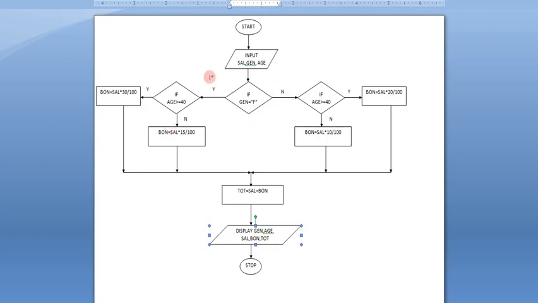I will explain this one once more. So let's check the explanation again. As the question says, we have inputted salary, gender and age. At first we check gender with female. If it is female, then yes, it is going to check age. If the age is more than 40, then the bonus given in the question, 30%, we need to calculate. Otherwise, female but not more than 40, 15% is given.